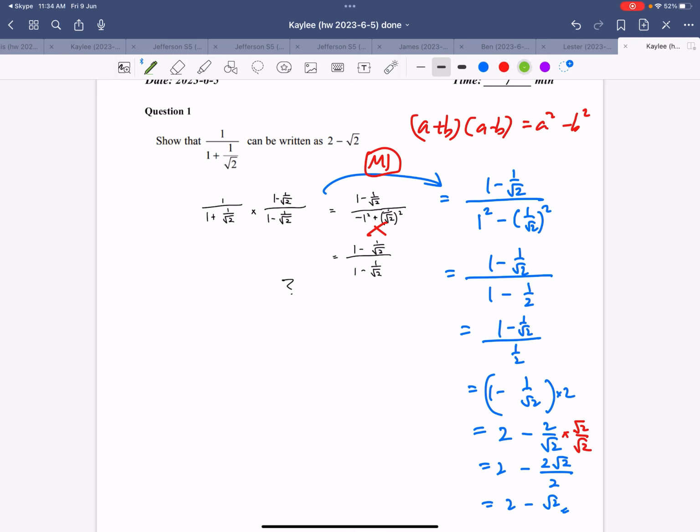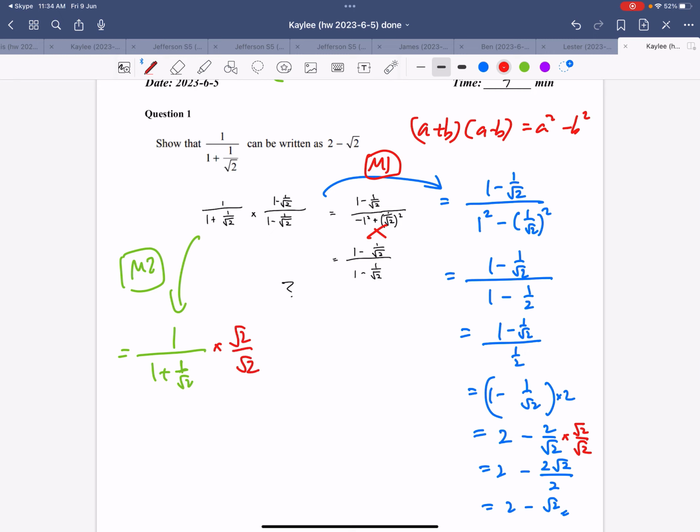And another method equals 1 over 1 plus 1 over root 2, because we need to handle this problem, because I don't want to see a fraction inside another fraction, so I try to multiply by root 2 in the first step. If we multiply by root 2, then for this one we need to multiply 1 and this, so it equals numerator root 2 and denominator 1 times root 2 is root 2, and 1 over root 2 times root 2